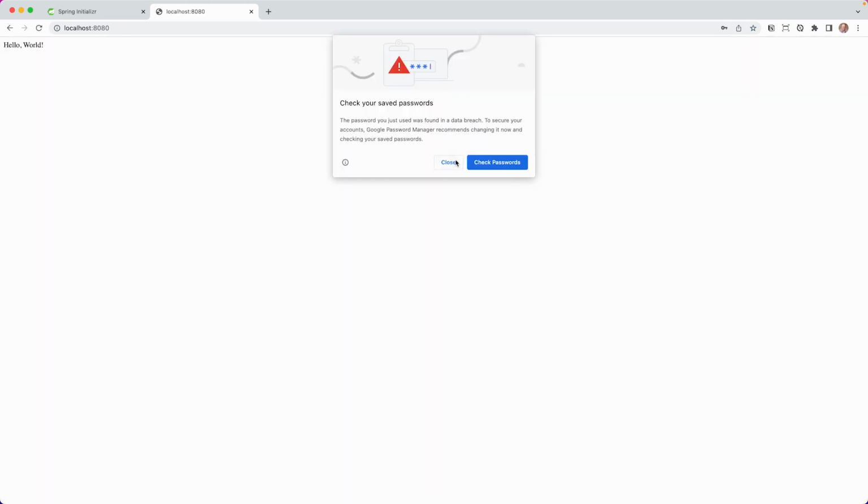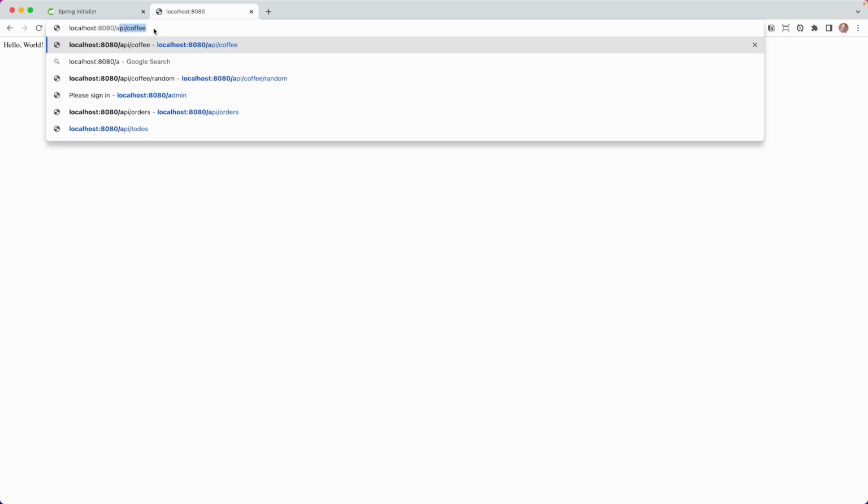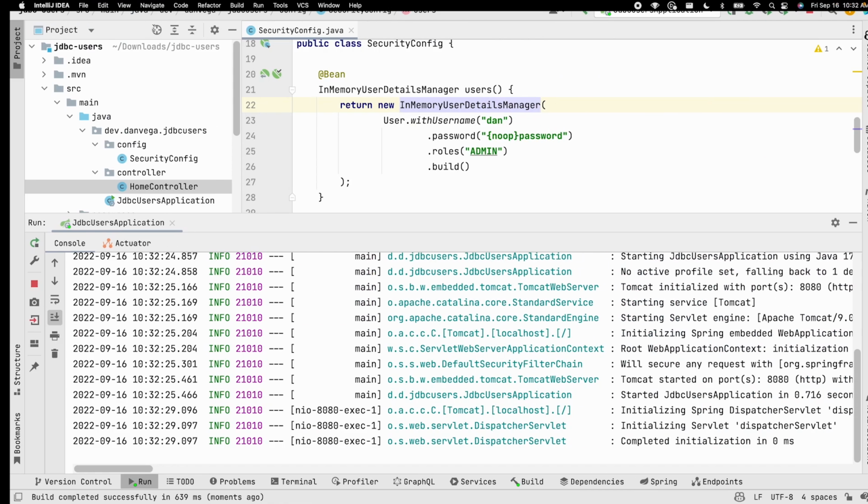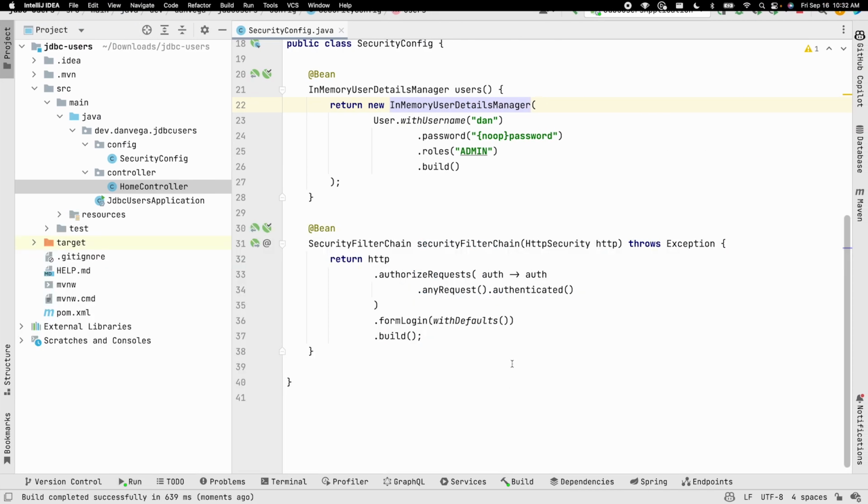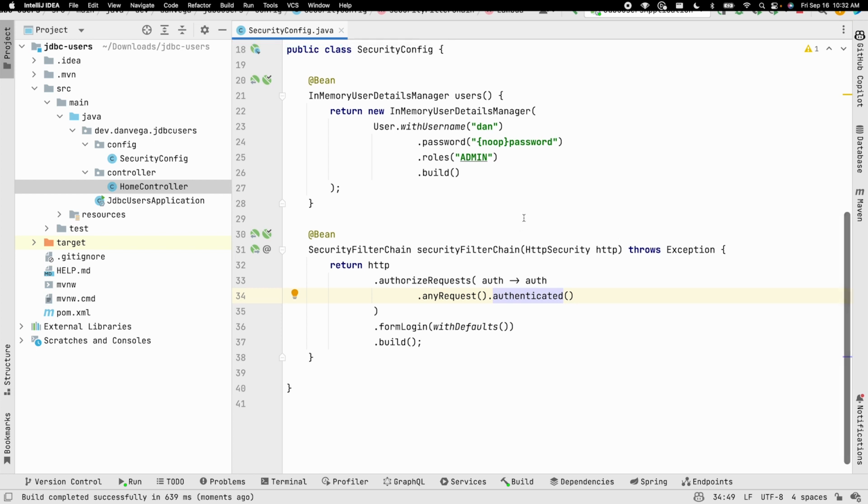And there we go. So we are able to go there. Now we should be able to go to /admin as well. And we are. So far, so good. If you've been watching some of the latest security videos that I've been doing, we've done this a